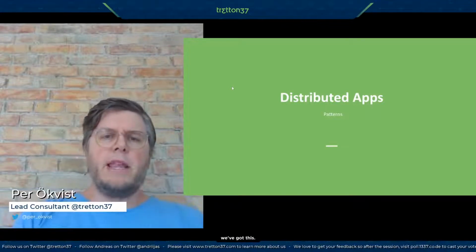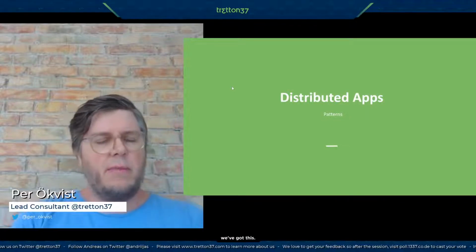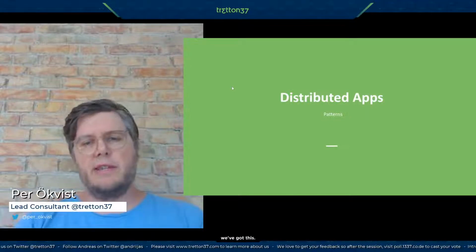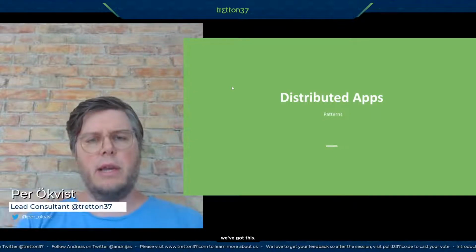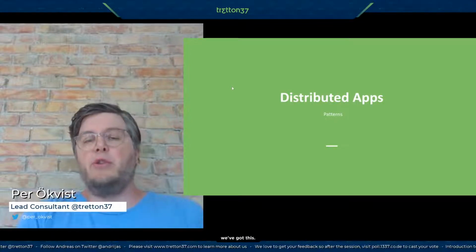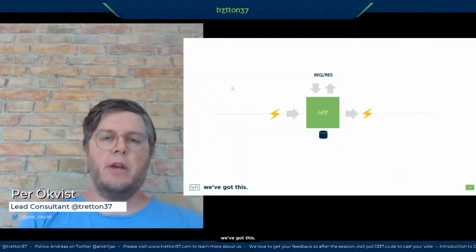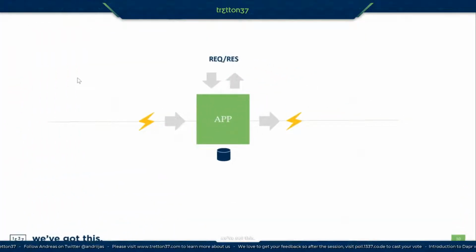So you might have been doing some service-oriented things, or in the last years used the term microservices, and you have then done distributed applications. So let's look at a simplified picture of what a distributed application could be, or a service within. So you have this application and you want to communicate with it using request response.